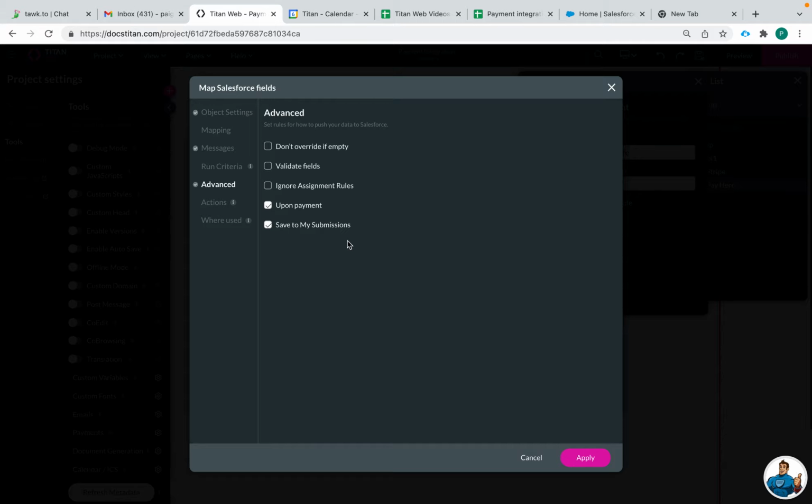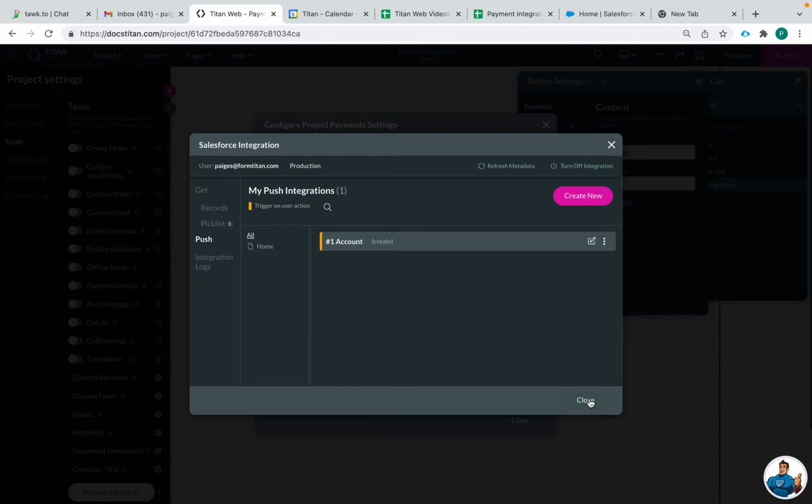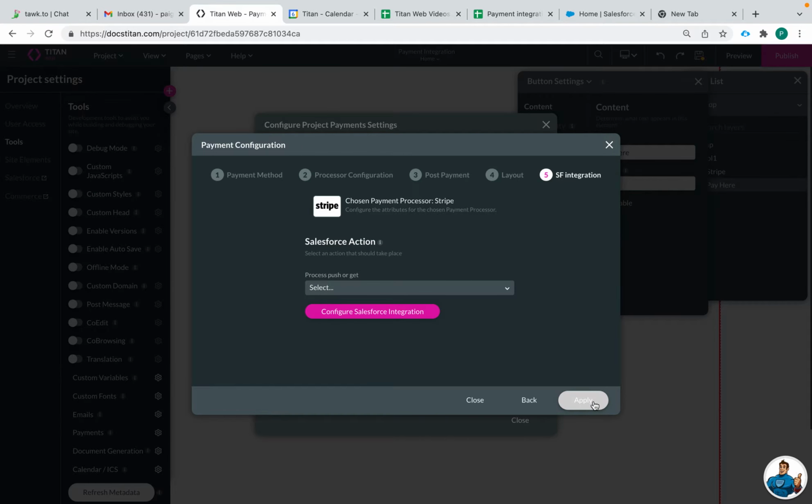And then it's also going to save to my submissions, and this is important for if there's a recurring payment, or if the payment doesn't go through or something. It's important to just save that. So that is already being saved, and then you can unselect these if you'd like. But I strongly recommend that you want these actions to take place after the payment goes through. All right, so I'm going to click apply and close, apply,